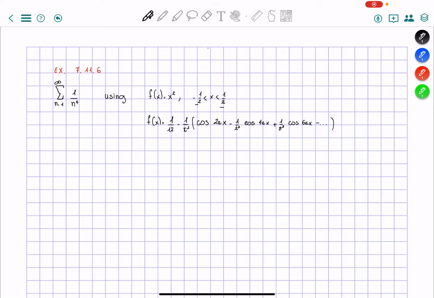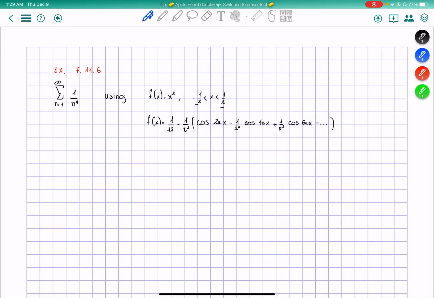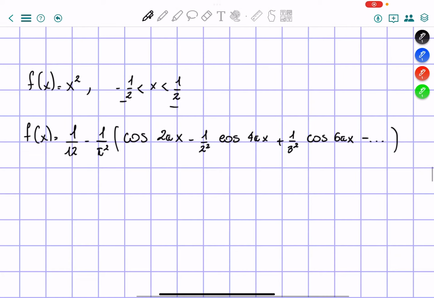Section 7, section 11, exercise 6. We're asked to find our series using our results from exercise 9.9 that I rewrote here. So one thing I want to start by doing already is finding the integral of |f(x)|^2,